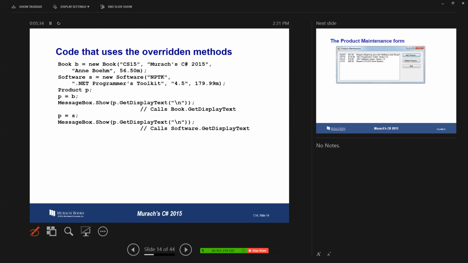And so here's code that uses it. We're defining an object based on the book class called B, and this is the constructor. It's got the arguments to create a new book, which happens to be our textbook. And then we're creating a new object, which is a software product called S. This is the constructor for it. This is the code and the description and the